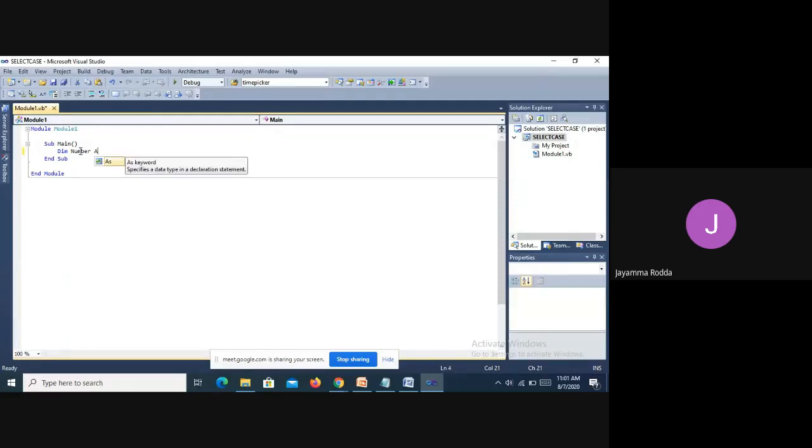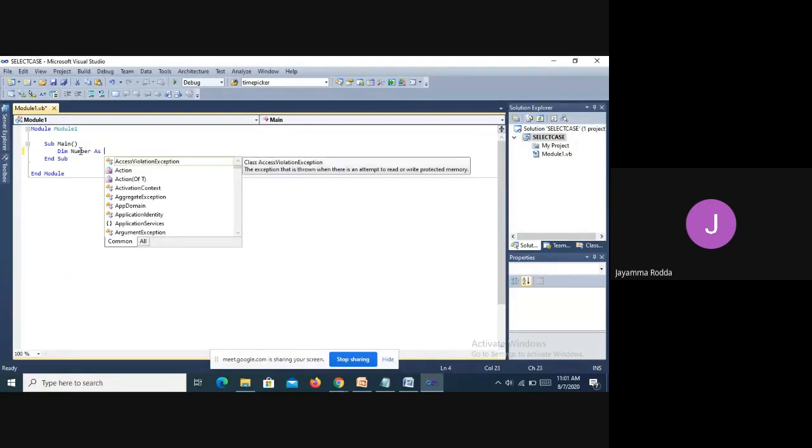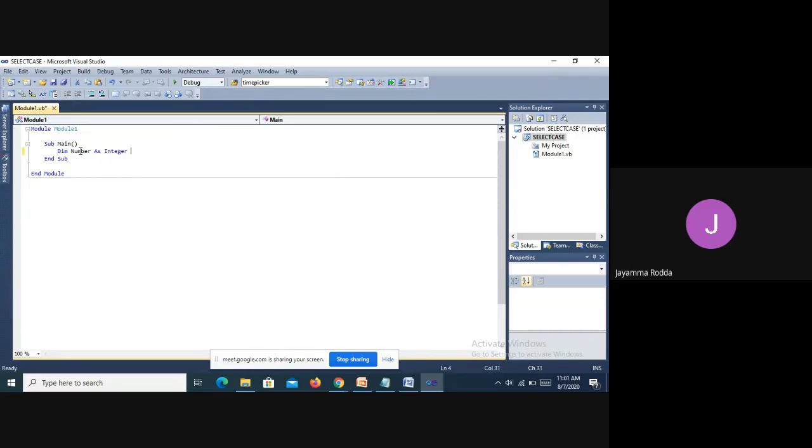As is already prompted, I'm selecting it, and just by clicking the space bar, the selected content is displayed. As Integer is automatically prompted, and I just selected it.